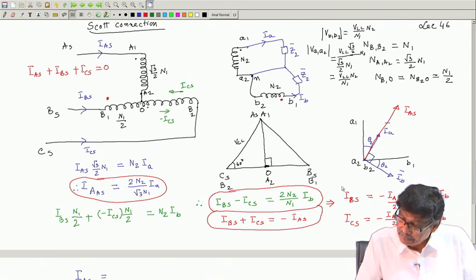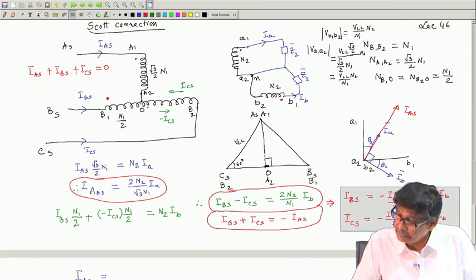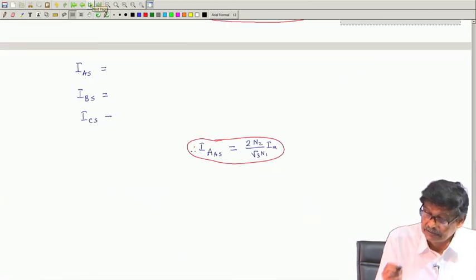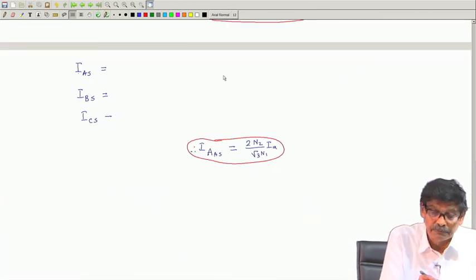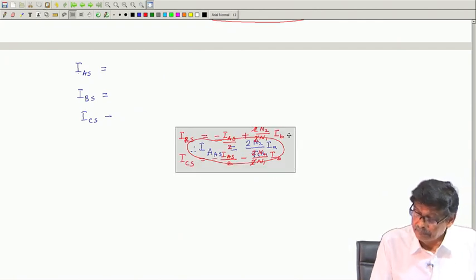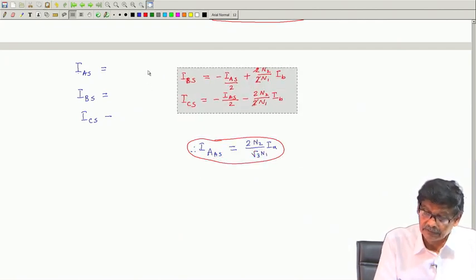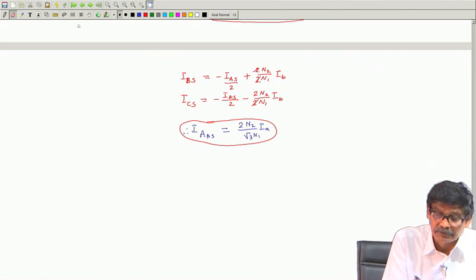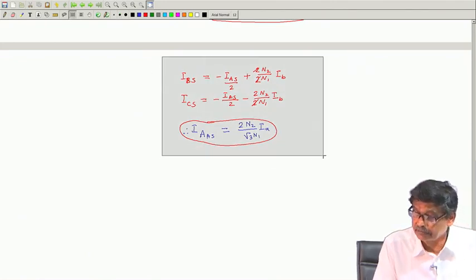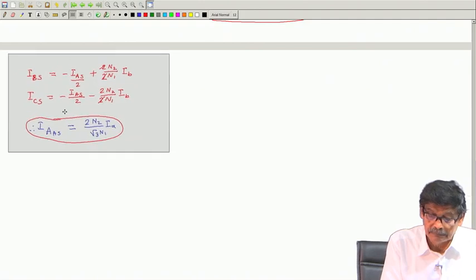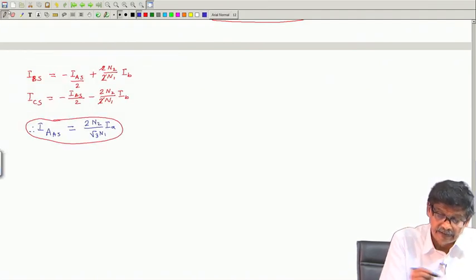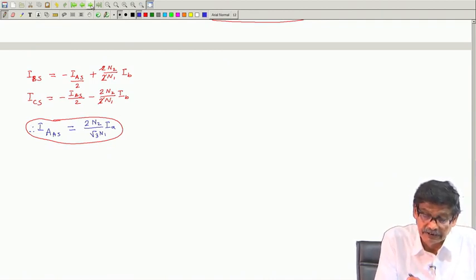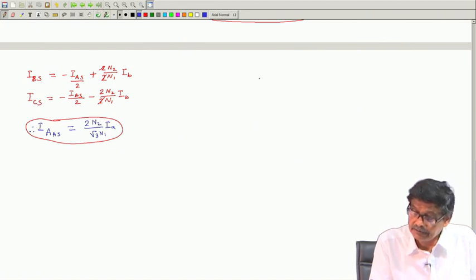So, I take this, copy it and paste it. That is all. So, this is the thing I have got. I will put it in the corner so that I can do something. So, this is the thing IAS, IBS and ICS, and let me draw the phasor diagram of the secondary side